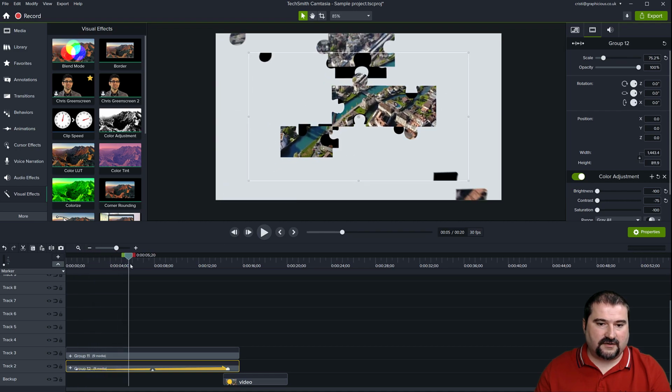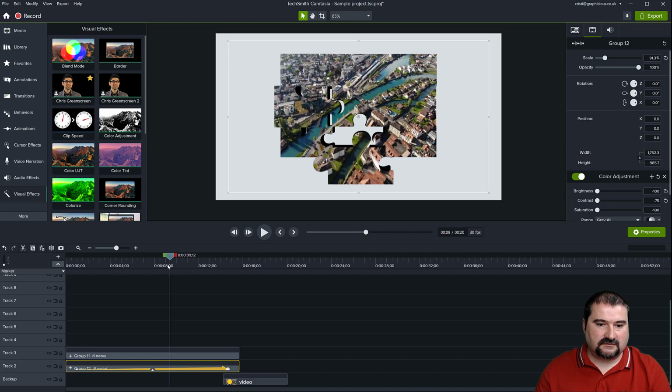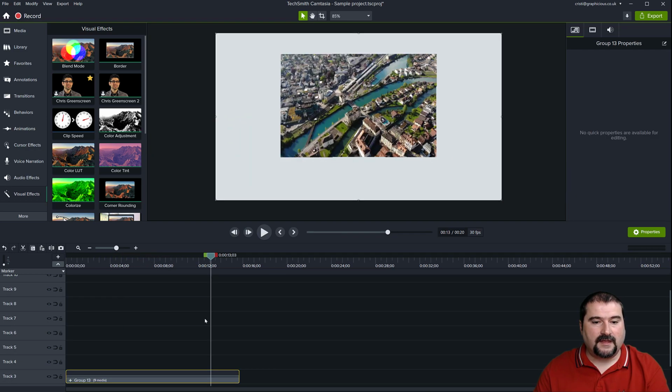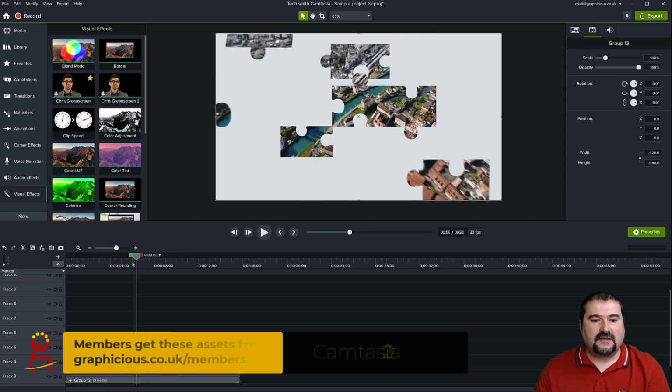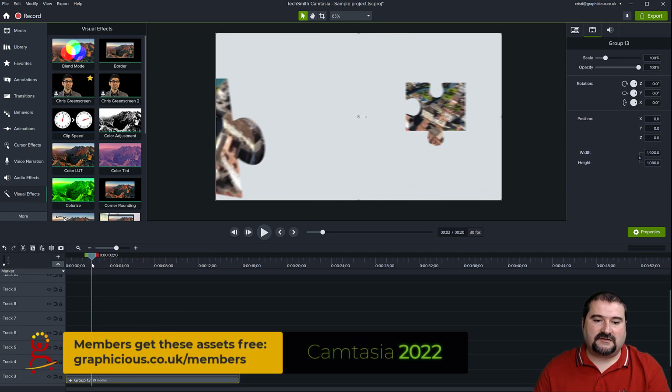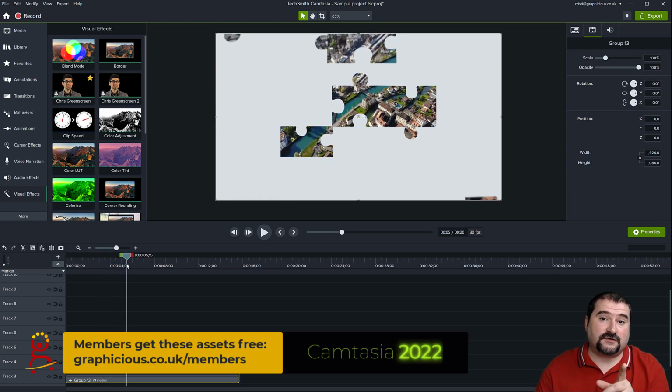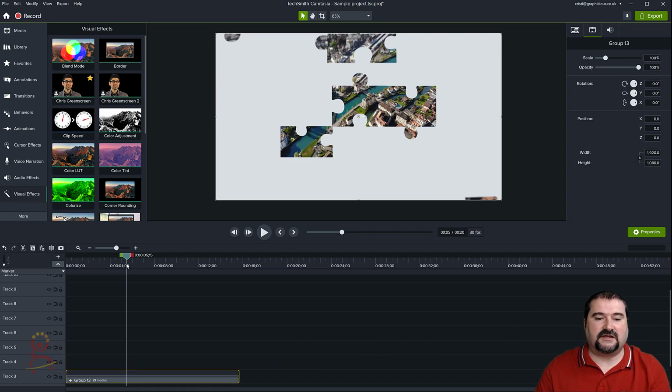So you can see now they're kind of merging for each piece. Anyway, this is the way to do this. As I say, I'm going to repeat, making sure that you assemble the final position first, and then you animate everything from there backwards, basically. So that's how it works.